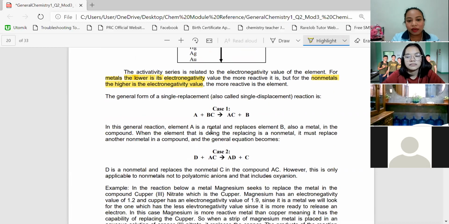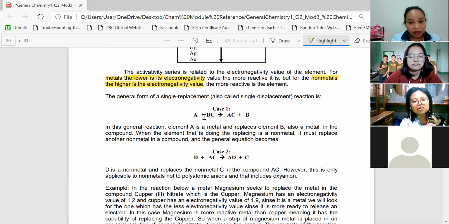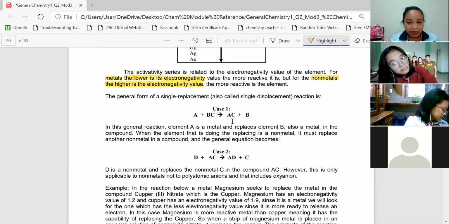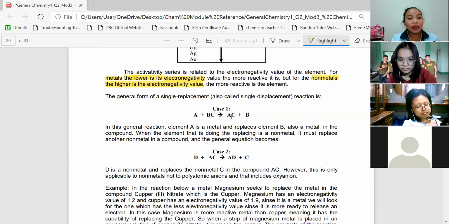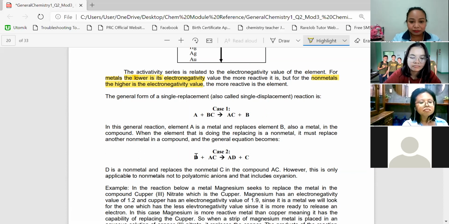So that's why you have it. A plus BC. If A is a metal, ang iyang pulihan diri sa BC, si B, kay si B man gid automatically ang metal. So mahimo siyang AC plus B. Given that A has a lesser electronegativity value compared to B. In case number 2, D is a non-metal. So AC, say for example,